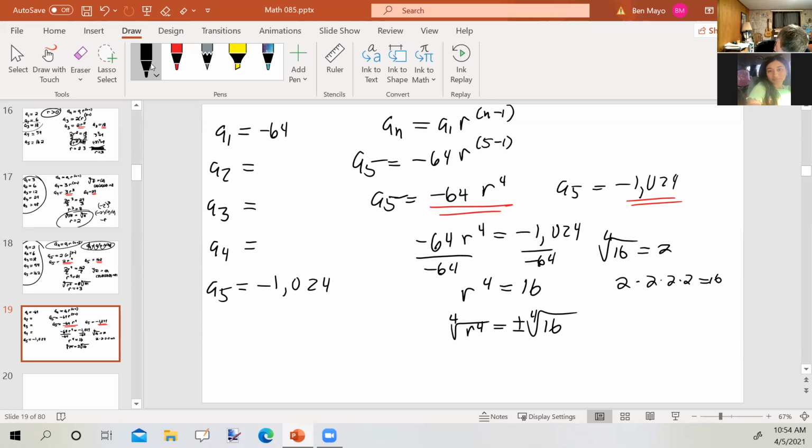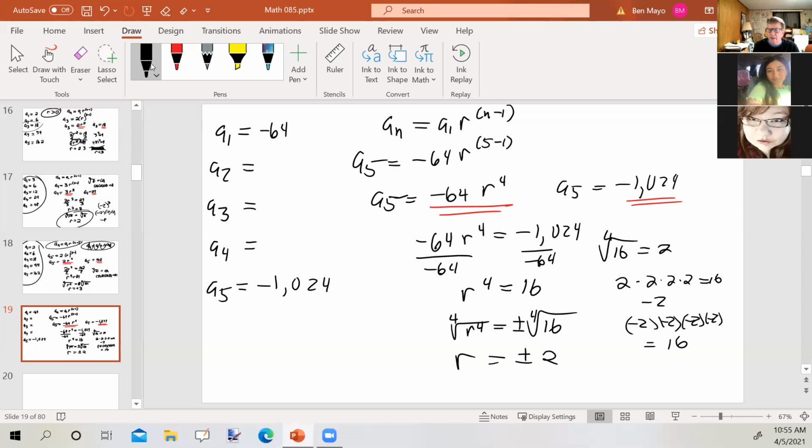But it could also be negative 2, because negative 2 times negative 2 times negative 2 times negative 2 would be positive 16. So r could be plus or minus 2. So positive 2 or negative 2. However, let's think this through. They said we're going to have, let's see, what did they say? 2 positive and 1 negative